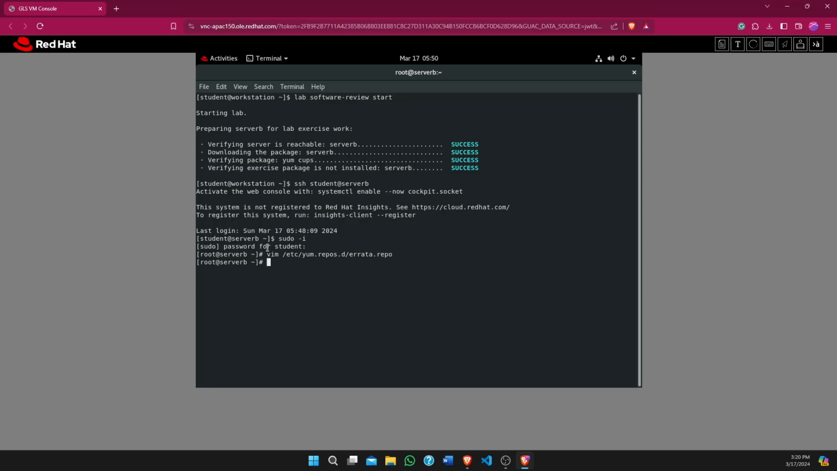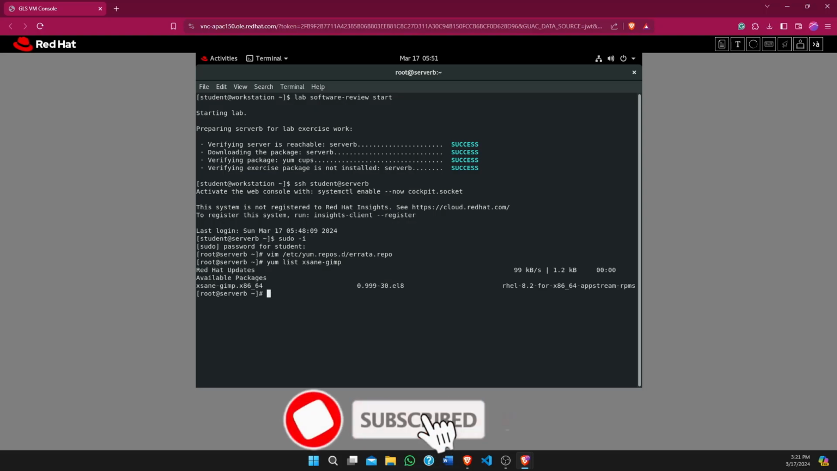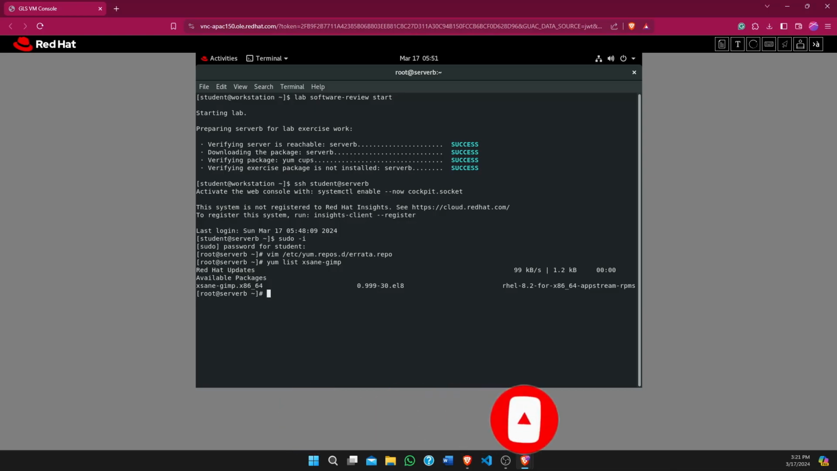So for that, first of all, we will use the yum utility with the list object. Then we will search whether that package is present in our system or not. We'll enter the name of the package that we want to know, and as you can see, we use the yum list command to list available packages for xsend gimp, and we will install the latest version of it. Okay, so it's available in our repository, so we can install it using yum install